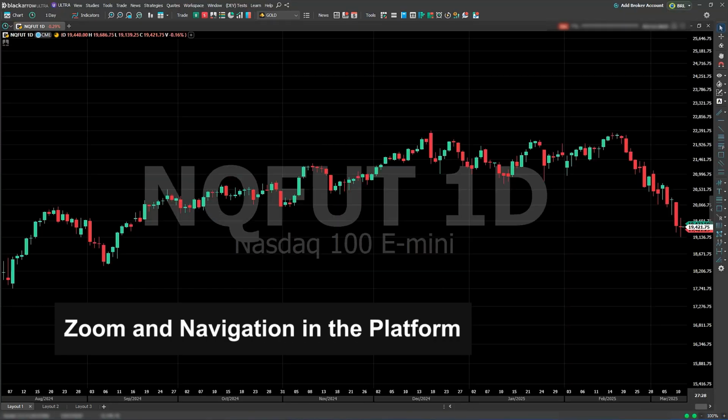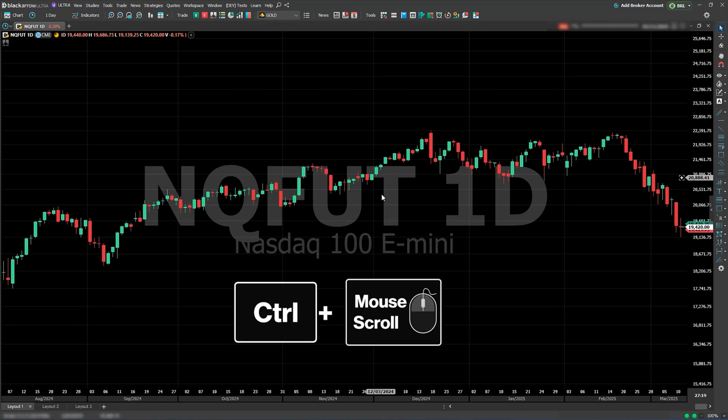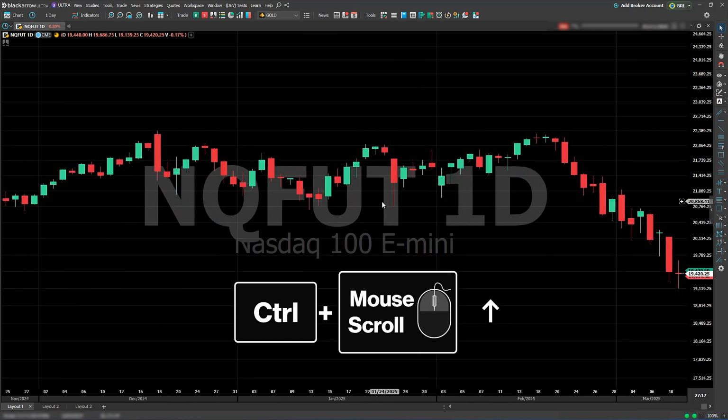Zoom and navigation in the platform. There are several ways to zoom in and out in BlackArrow. One way is by holding the Control key and scrolling up with your mouse for zoom in, or down for